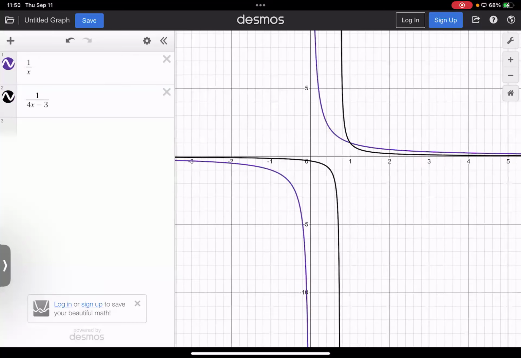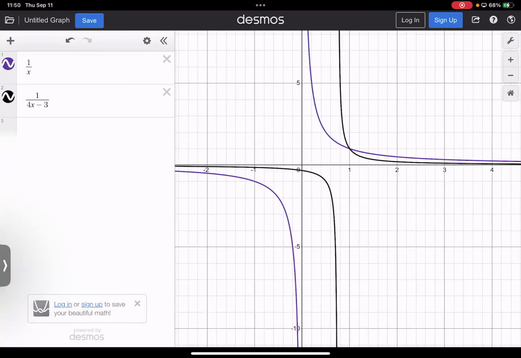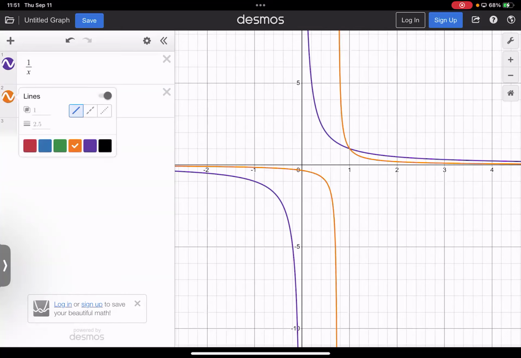I wish I could, maybe I can pick the colors. Can I? Oh, wait, no, I want to show it. Okay, it doesn't look like I can. They're too similar for me, but so I clicked this here and it made it disappear, but what if I hold it? Aha! Let's try. Nice. There, that's better.